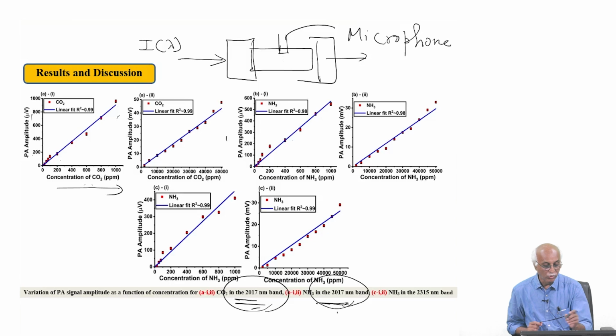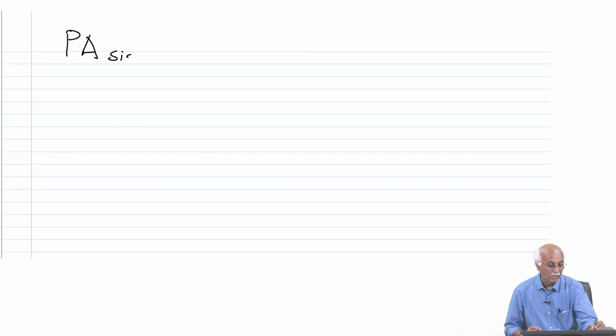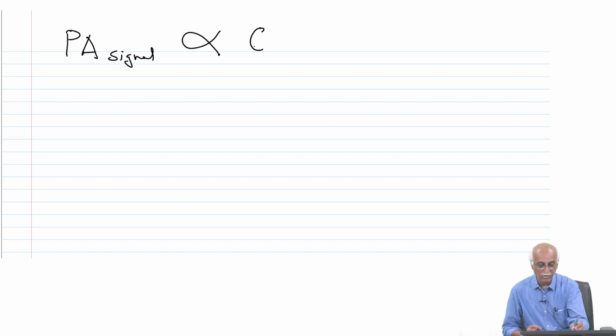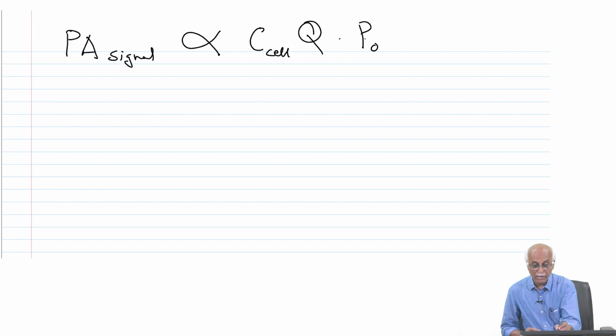From all these derivations, in short, the photoacoustic signal, the PA signal, maybe displacement, maybe output voltage in terms of the microphone capacitor, is proportional to some cell constant, some quality factor of the design of the cell, and proportional to the input power of the line,